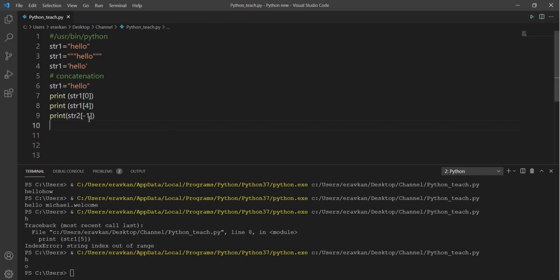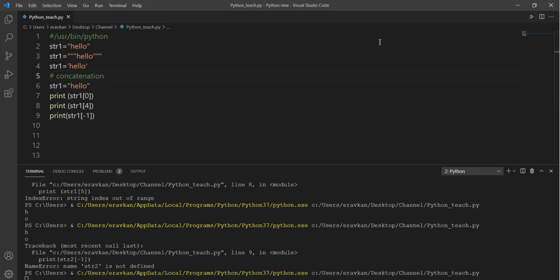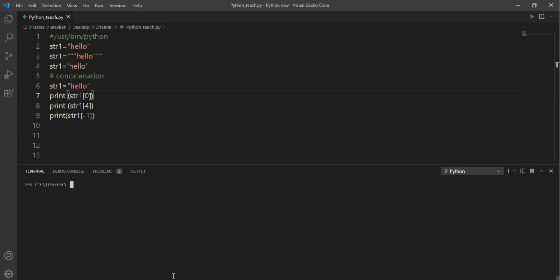Okay, if I try to print string -1, this will print O also. So this is all about indexing.